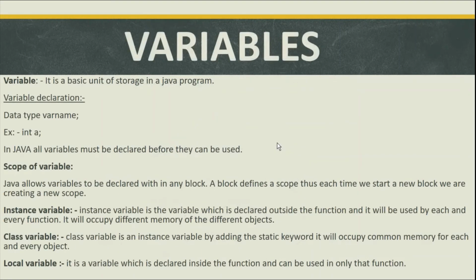So next is our variable. Yes, variable is a named memory location. It is an identifier that identifies that location where the data will be stored. To declare a variable, we use data type along with variable name. So this is the syntax, like first you have to write the data type, then var name. Suppose if we have to work with any integer type of data, our data type will be either int, long, byte or short, and the variable name can be any identifier we can specify here.